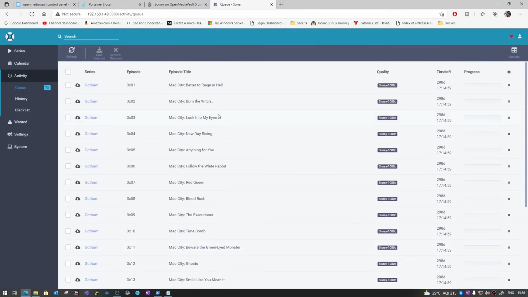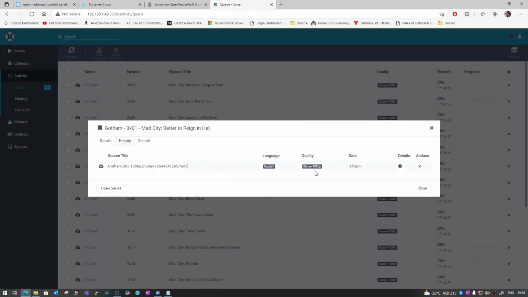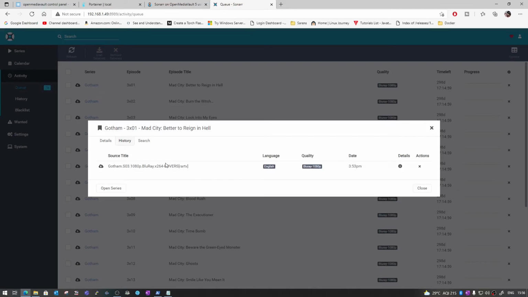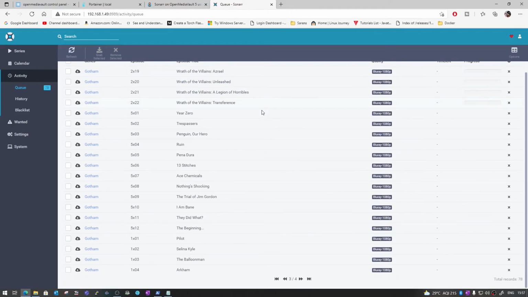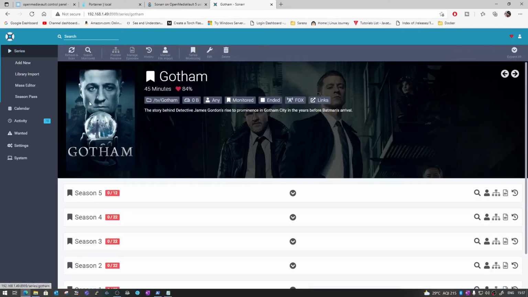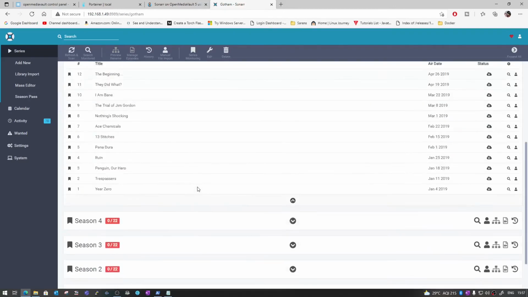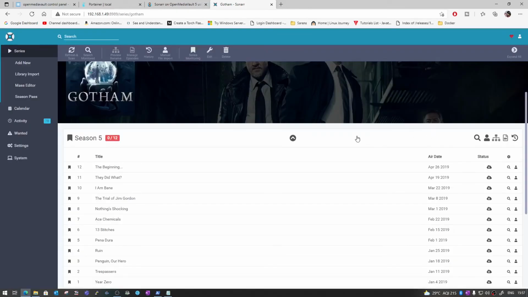So it might take some time depending on the speed and the indexer. You can see that history, it's trying to download. So the indexer RARBG, it's able to download it from here. And you can see the queue from here, and you can see all the episodes right here. Once the episode is downloaded successfully, it will be available here so that you can watch. Right now you can see 0 out of 12, so nothing is downloaded right now, but it should once the indexer is able to capture the information from the internet.